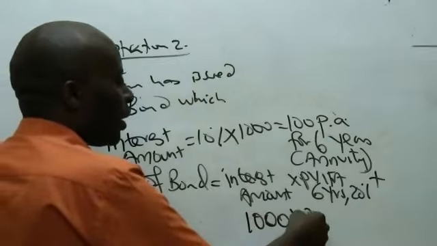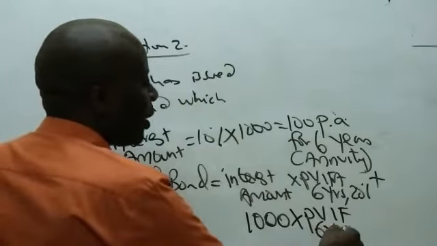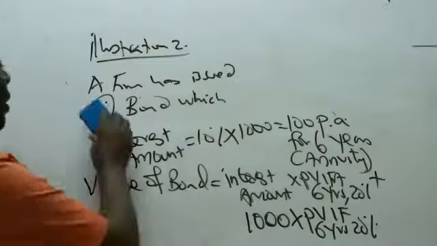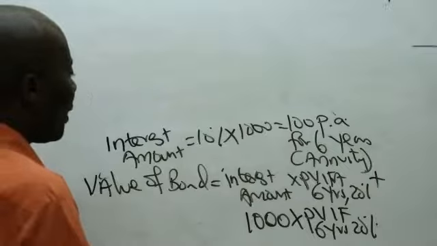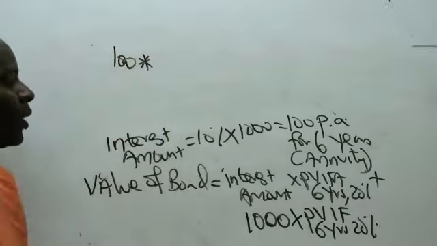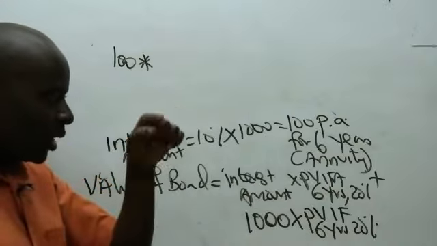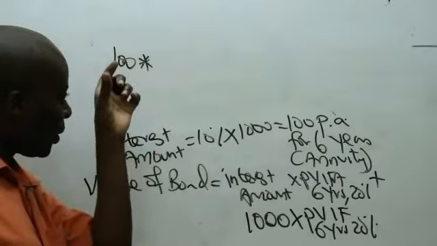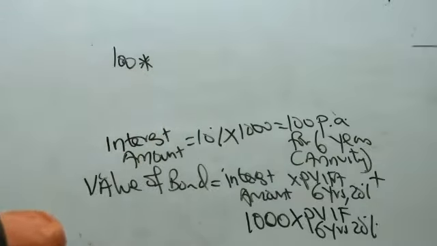So this 1,000 will only be multiplied by PV, same percentages, 6 years, 20%. So if that is the case, ladies and gentlemen, then we'll have here the interest amount you've given me, 100 shillings. So please go to your annuity tables and read for us. PV factor, 20%, 6 years. What are we able to see somewhere there?